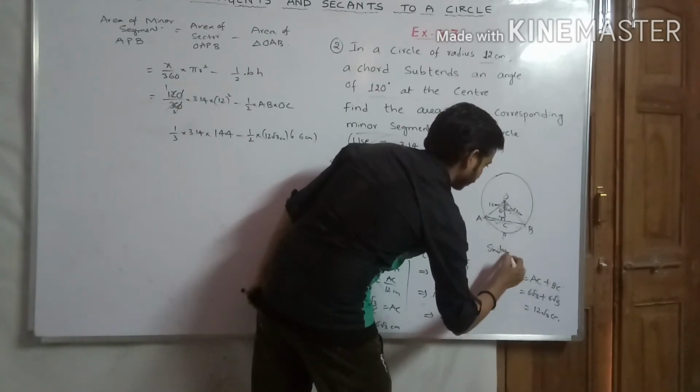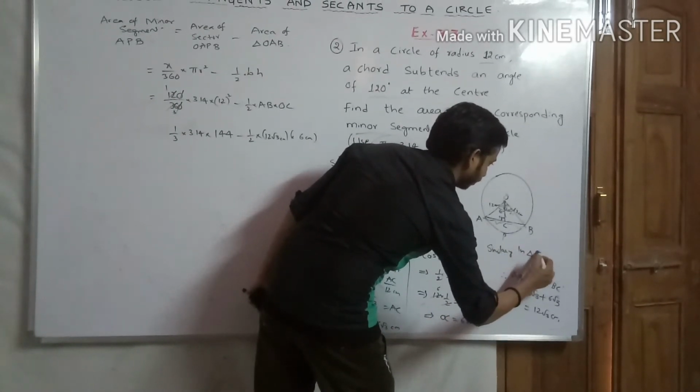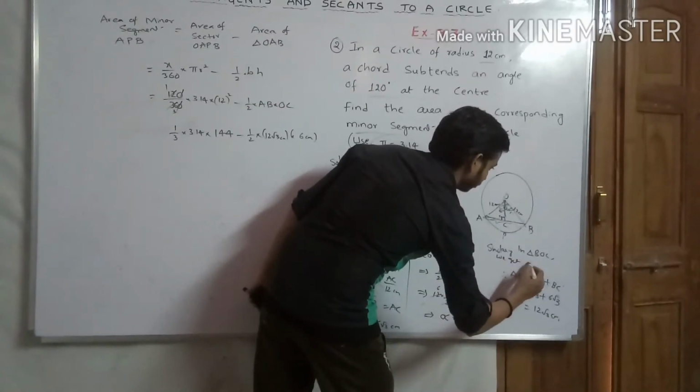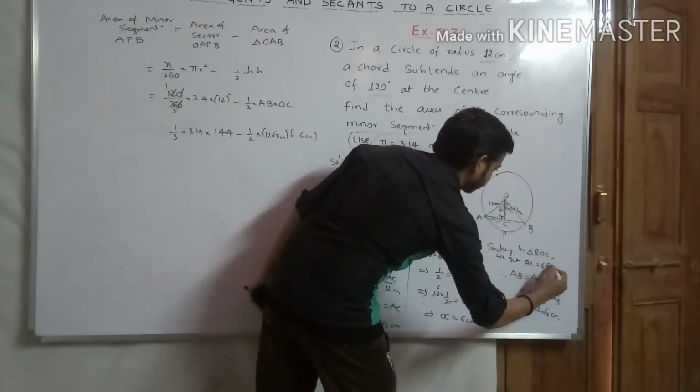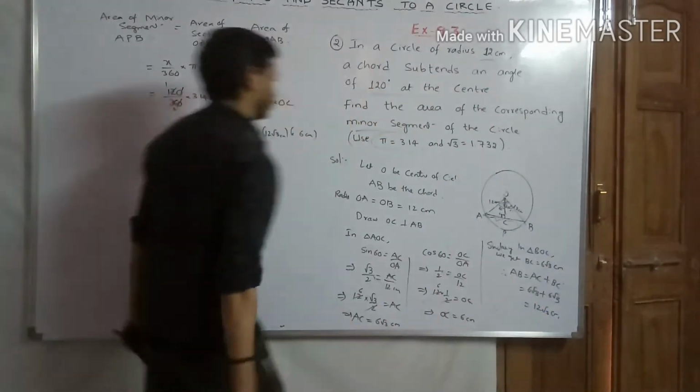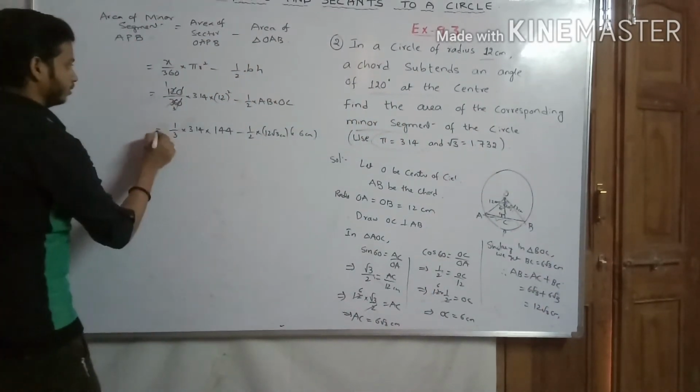Similarly, in triangle BOC, we get BC equal to 6 root 3 centimeters. So therefore AB value is 12 root 3 centimeters. Okay, now